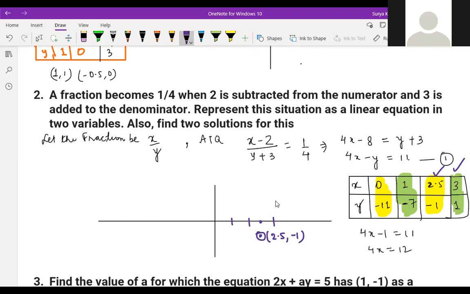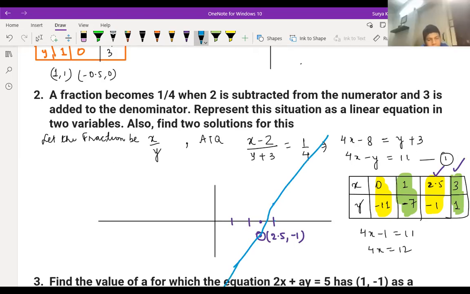Yes, sir. Then 3 comma 1. At 3 it should be 1, so 3 is here and 1 will come like here. So how will the graph come? It will come like this. Understood? Yes, sir, I got it. Yes, I also got it. You have to draw like this only, children. You can just draw it neatly on the graph paper.